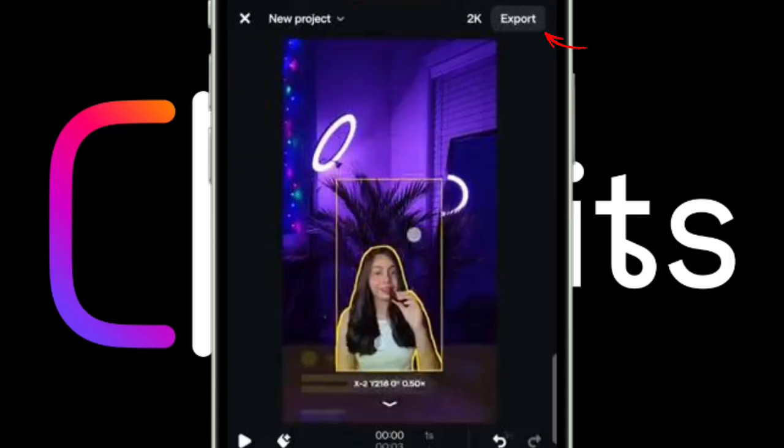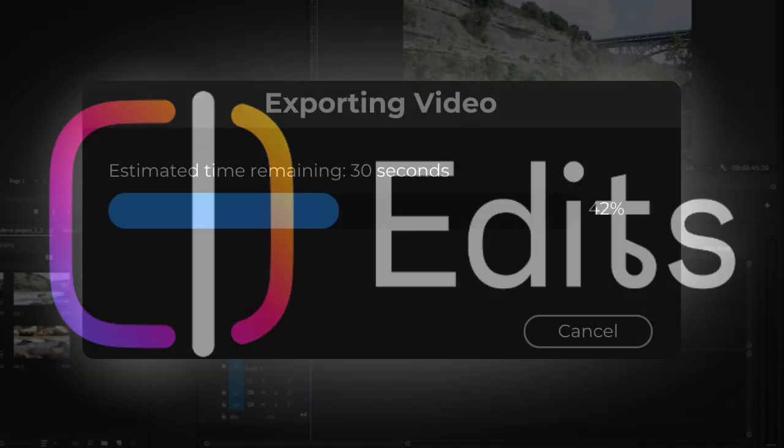Finally, tap the export icon at the top right and select 1080p resolution to maintain the highest visual quality for